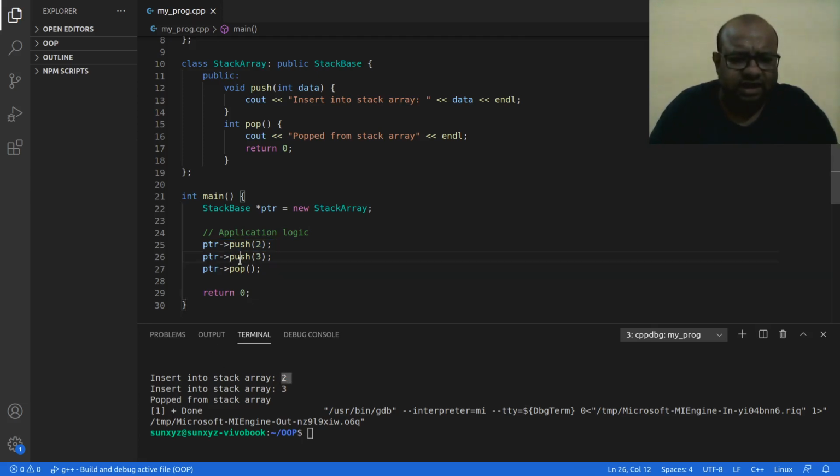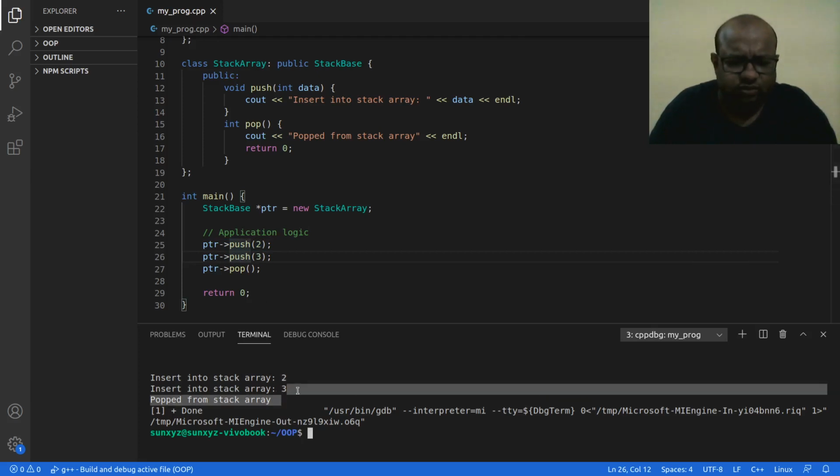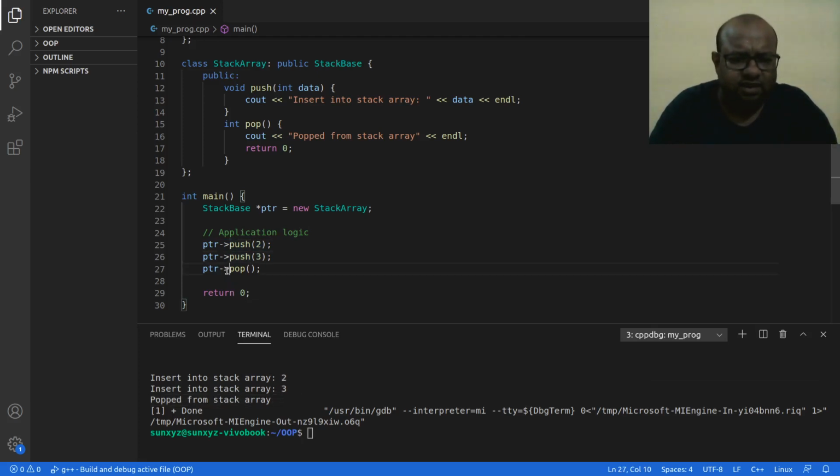Then in line number 26, I insert 3 into the stack array, and in line number 27, I pop from the stack array. So in these two lines, 25 and 26, I am pushing things into the stack, and in line number 27, I am popping something from the stack. So you can imagine that in a real life application, my application logic is going to be hundreds and thousands of lines of code, right? So yeah, that is something that is going to be there.